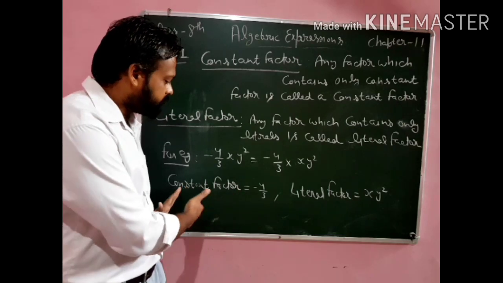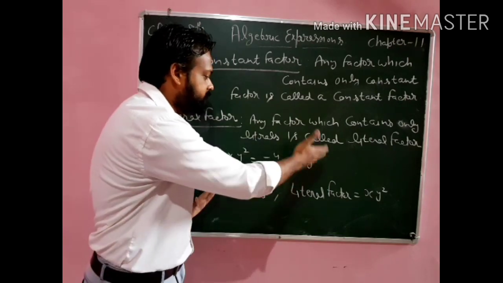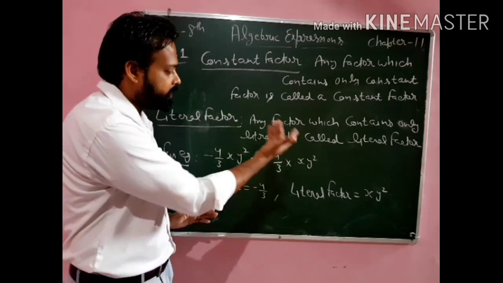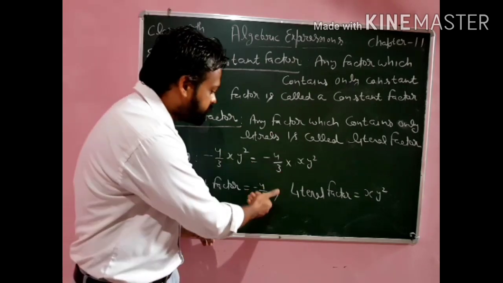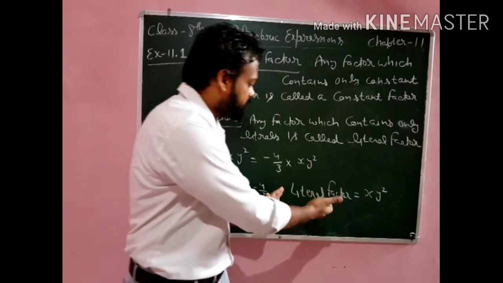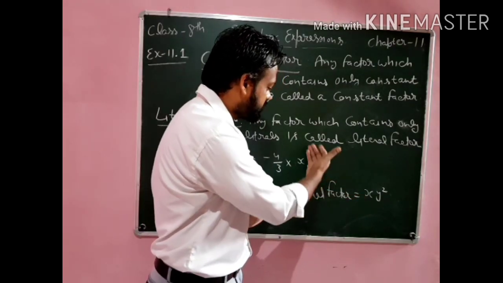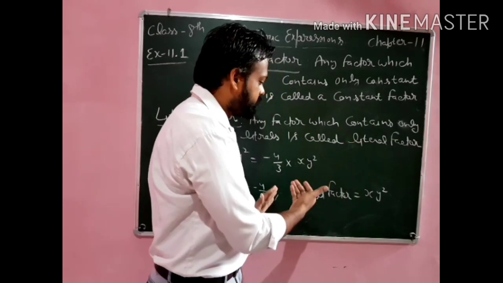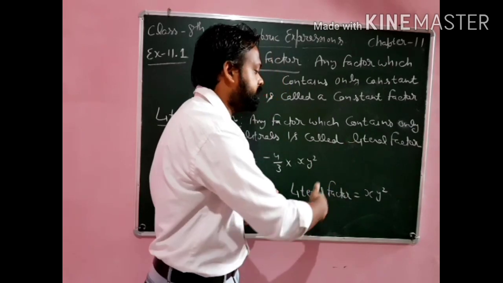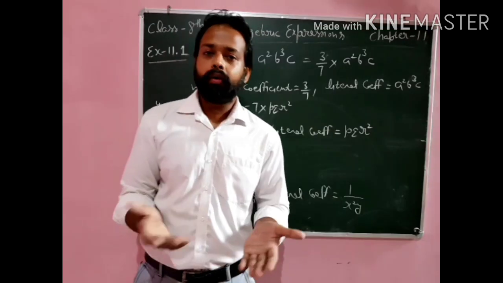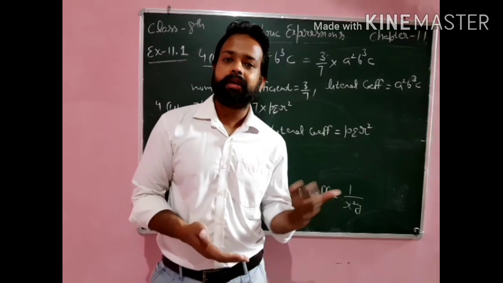If we want to find the constant factor, we have to apply the same method. And if we want to find the constant coefficient, again we have to apply the same thing. The answer will be the same in both cases. Likewise, for the variable factors or the variable coefficient, meaning the literal coefficients, we write the same answer here. Okay, now in the fourth part we will use that explanation.